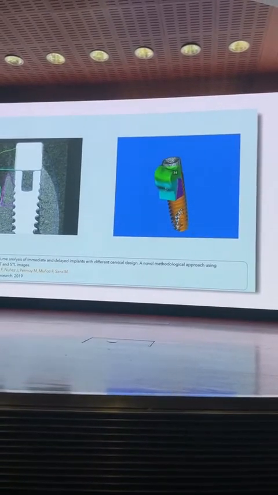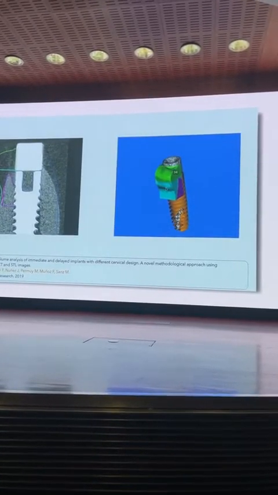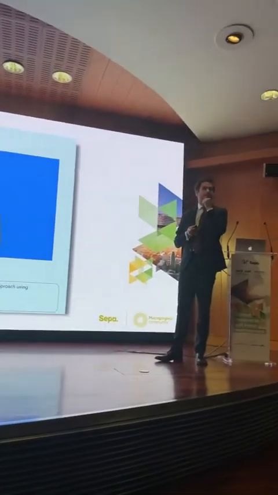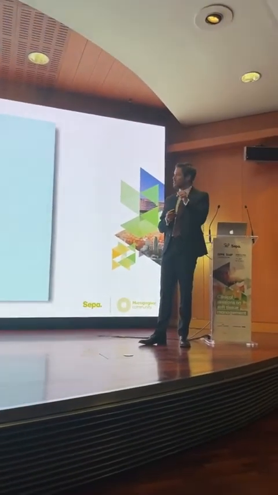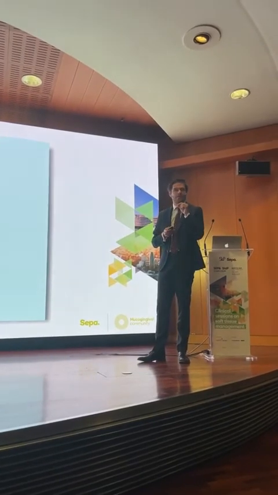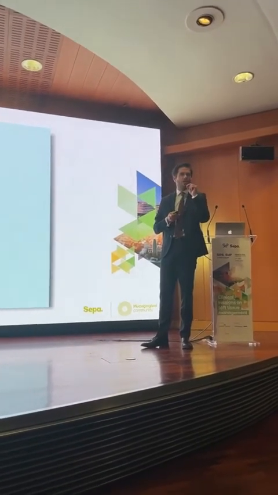But there was something here that we didn't evaluate, and that this model really helps us to better understand, and that's the position of the implant that we were discussing before. So what happens to the soft tissue and the hard tissue